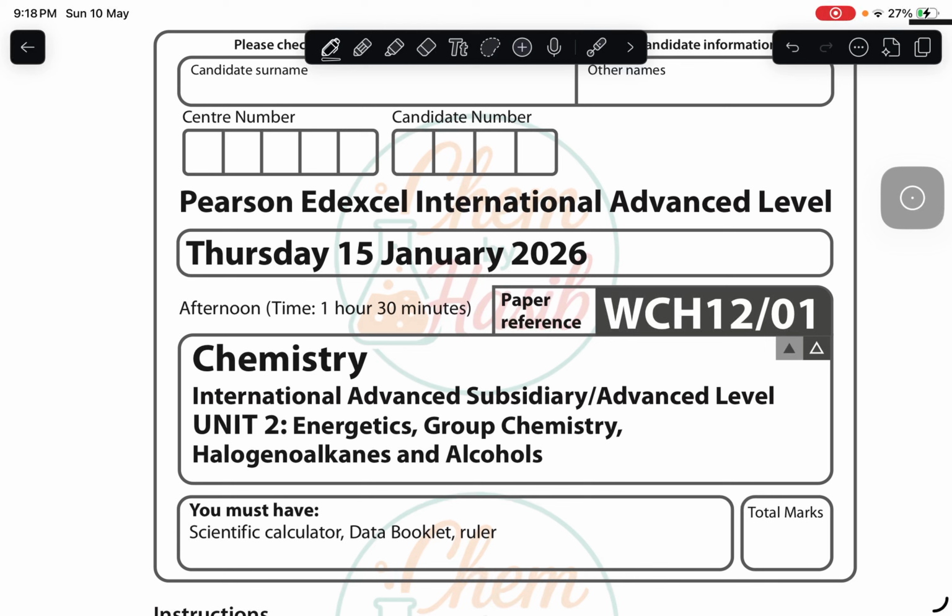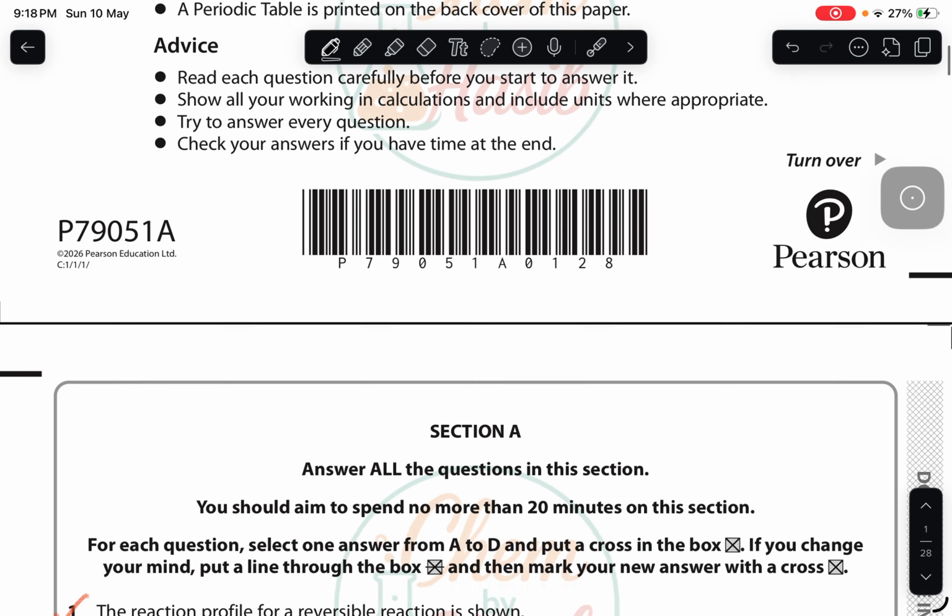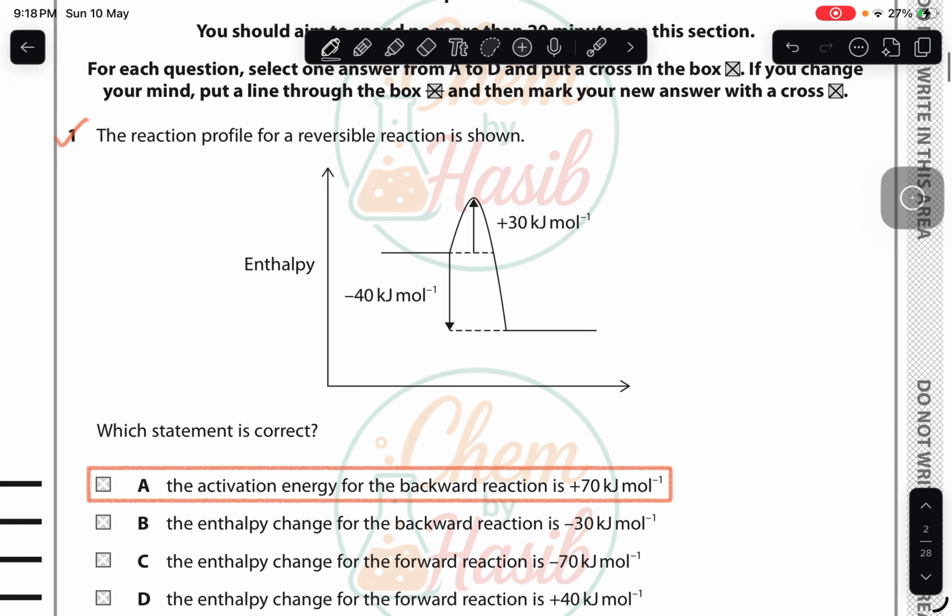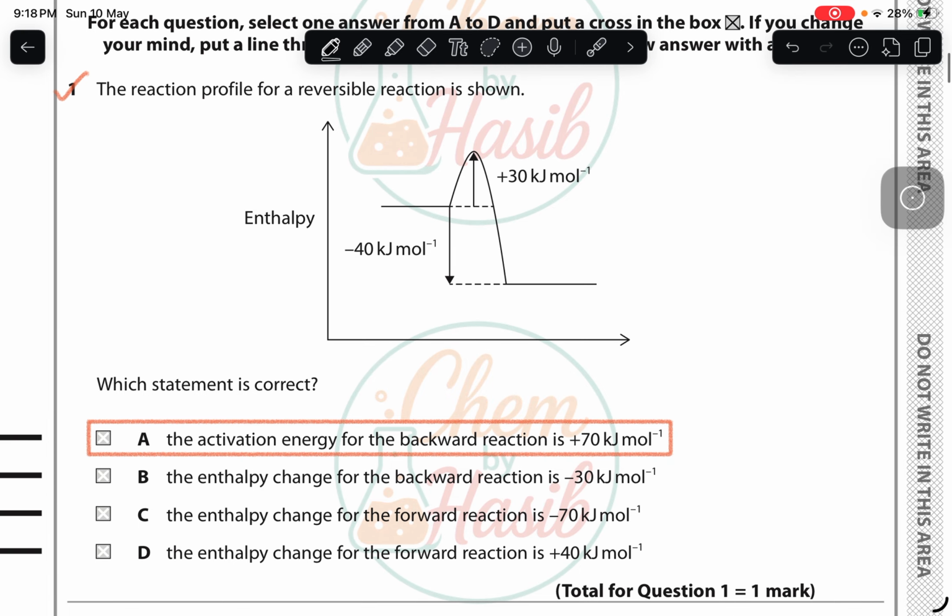Today we'll be looking at some selected questions from January 2026, Unit 2. We move to question number 1. It says, which of the statements is correct? Now, option D says the enthalpy change for the forward reaction is plus 40 kilojoules per